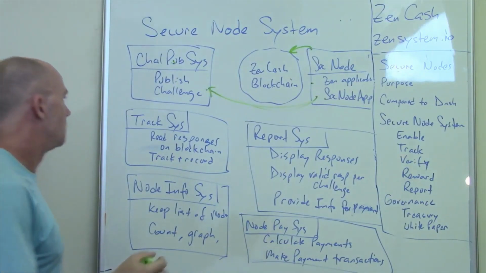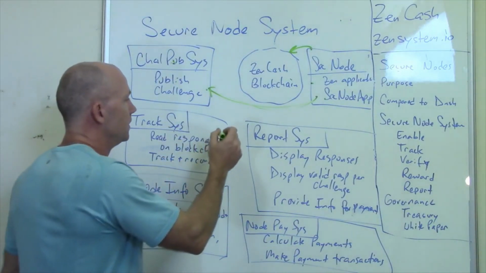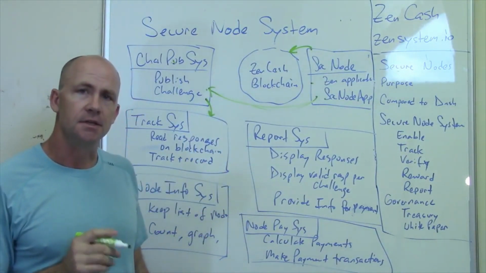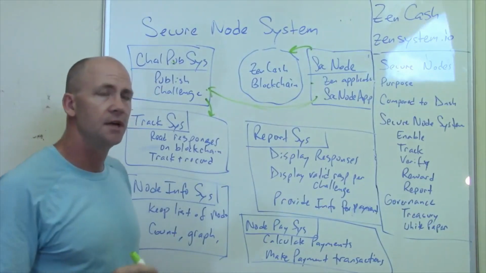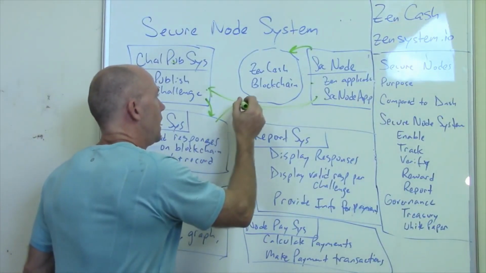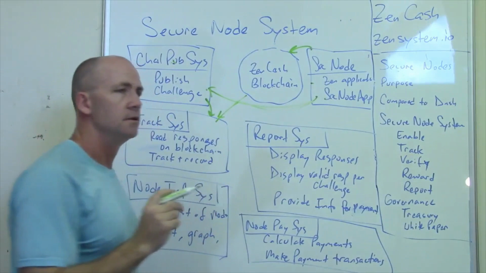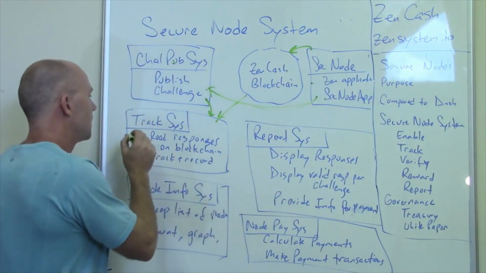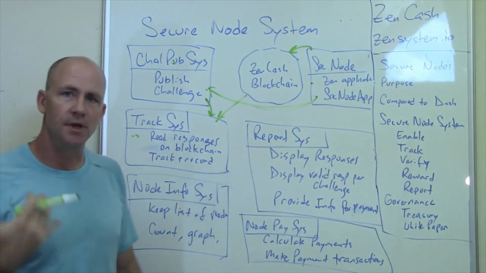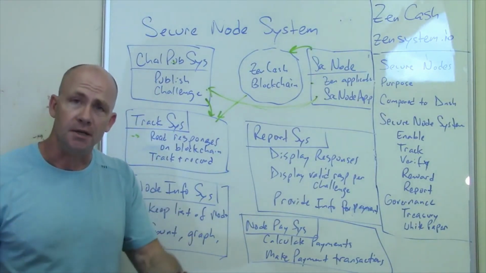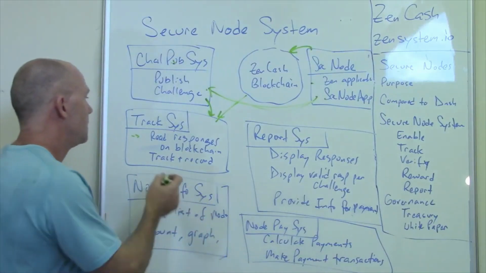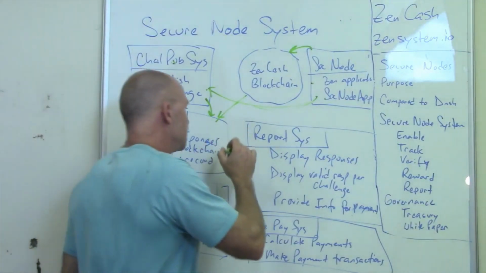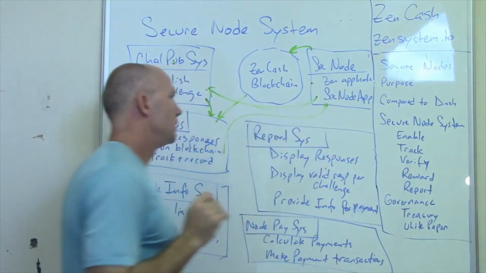Okay, so that's the job of the tracking system. The tracking system gets what that shielded address is, or it has the ability to read that shielded address. As those shielded transactions with the memo on them get published to the blockchain, the tracking system is able to read those, read the memo field, extract the contents from the memo field, and then go to that published URL, which at this point in time is going to be on the secure